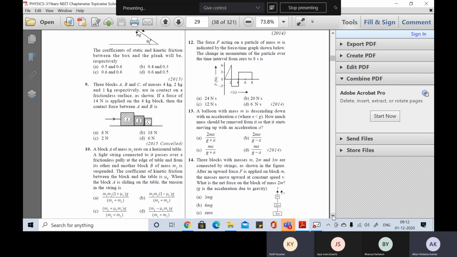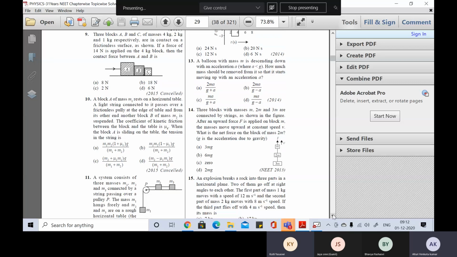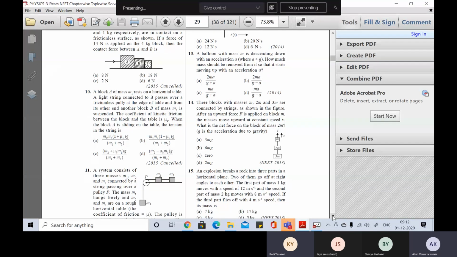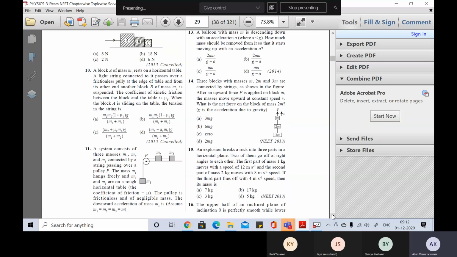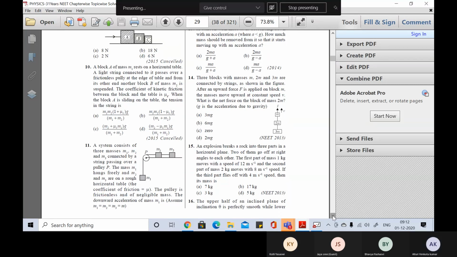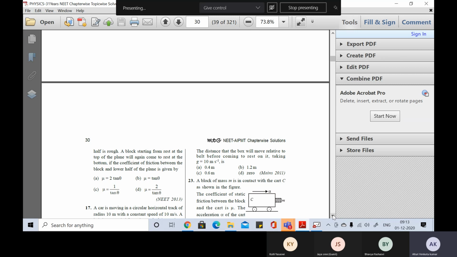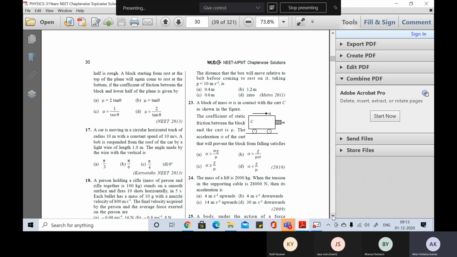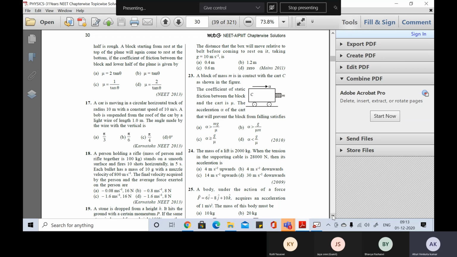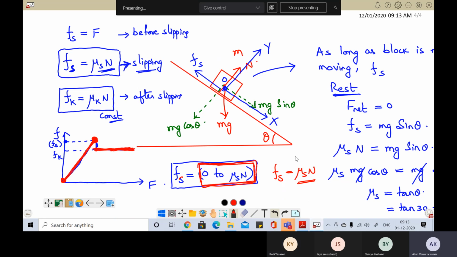Okay, thank you all. I hope you have benefited from this doubt session. How is the doubt session experience? Better than class, I think. Of course, class will. But this type of session is very important. You will know what a reference point is and how you are able to solve. Next time, some other time, we'll solve the remaining problems. If you have, you can also try. Any doubts? No, sir.